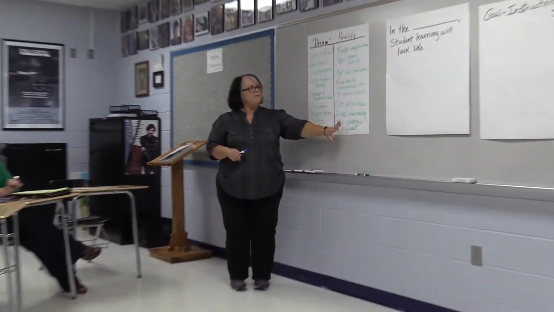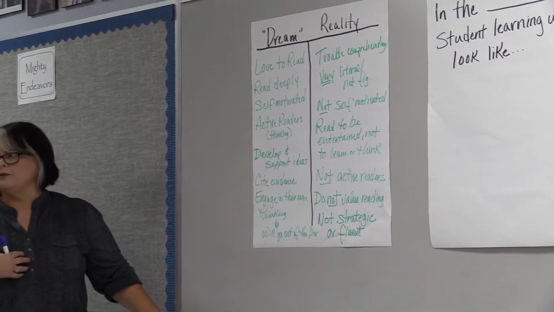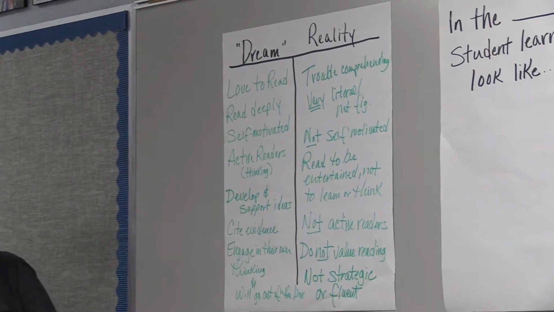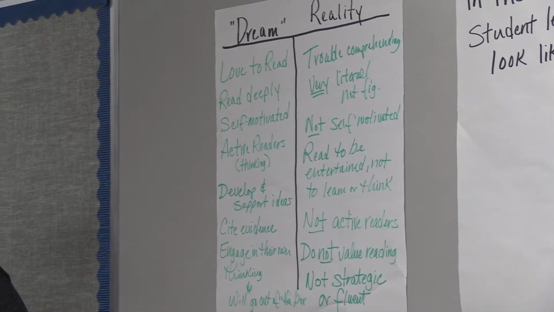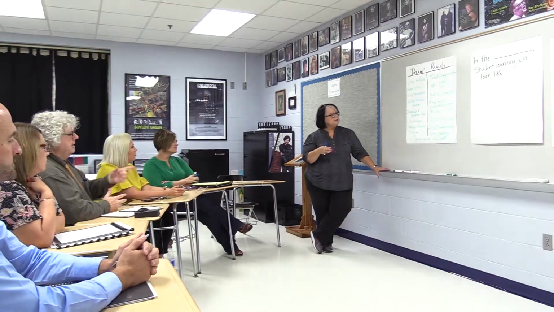Yeah. So let's look at this then, and I'm gonna go for a different color now. When you look at this list, because we know our dream, but let's look at the reality. If you could find one thing on this list that would make impact on everything else. Like for instance, from the outside looking in, because I'm a social studies person, the part that would bother me is they read to be entertained, not to learn or think. As a social studies teacher, I need my students to read, to learn, and to think. I need them to do both of those. I think if we made them active readers, it would solve everything else.